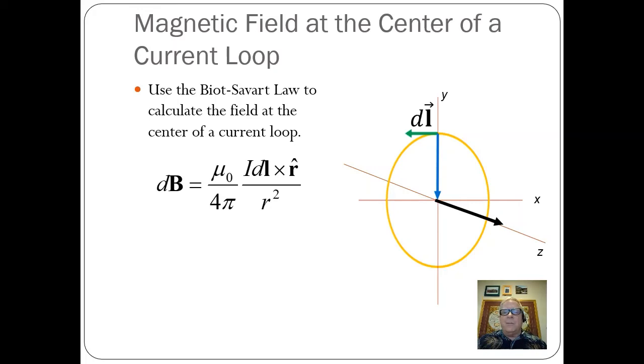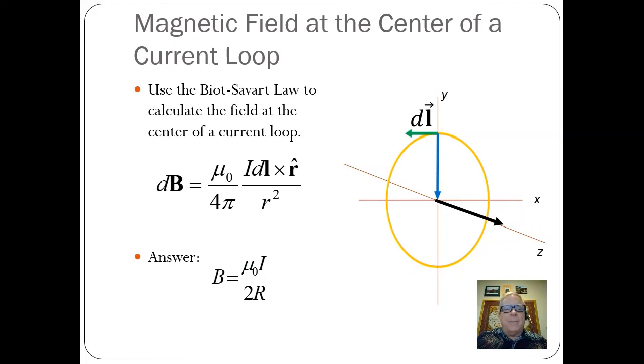So what we can do is just take the entire length of our circle, and when we integrate over all of our magnetic field pieces, it's just going to be 2 pi r for the length there. So what we're going to be left with is mu naught over 4 pi